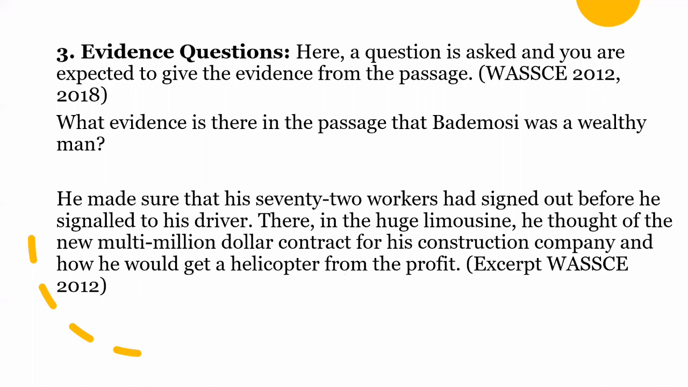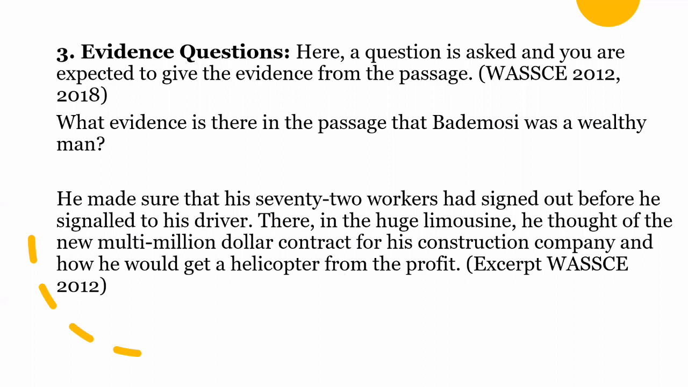The next one is evidence questions. Here, a question is asked and you are expected to give the evidence from the passage. You can take examples from WASSCE 2012 and WASSCE 2018, May/June. The question says, what evidence is there in the passage that Badamasi was a wealthy man? Now, from the passage, you have this: